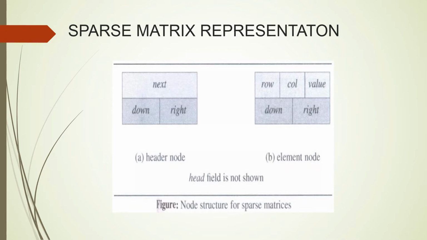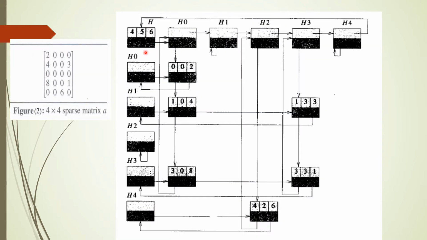So these are the different nodes which are used in the sparse matrix representation using the linked list concept. This diagram shows the representation of the sparse matrix. This is the given sparse matrix which is represented using a two-dimensional array. As I already mentioned, while representing elements of the sparse matrix, either by using the row column value method, what you studied in module number 1, or by using a linked list concept, what you have studied now, here we are going to store only the non-zero elements. So here, how many non-zero elements are there?